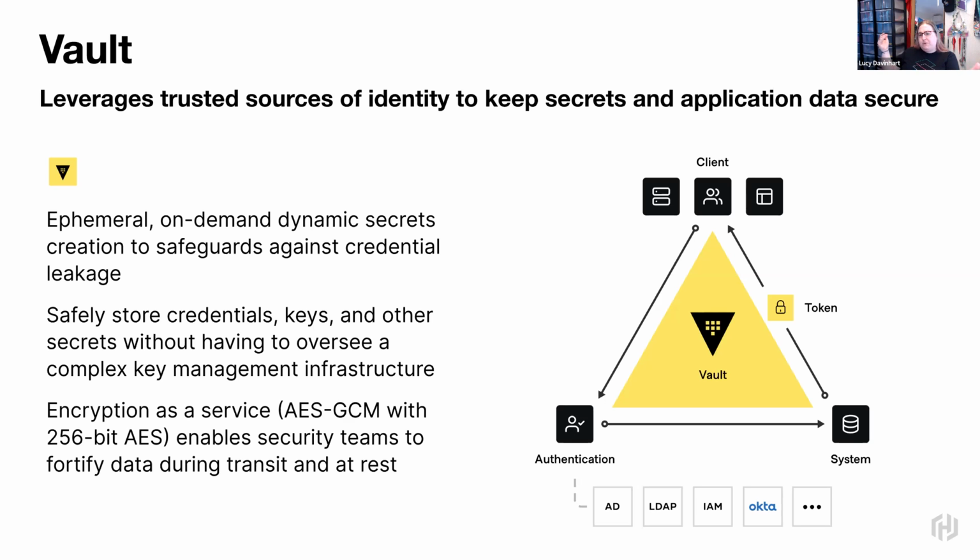And it's also a powerful encryption as a service platform. So customers like Adobe, for example, use Vault to secure millions of transactions via what we call the transit and transform secret engines, the sort of encryption as a service functionality. And that allows customers to perform encryption operations without ever exposing the encryption keys outside of Vault.